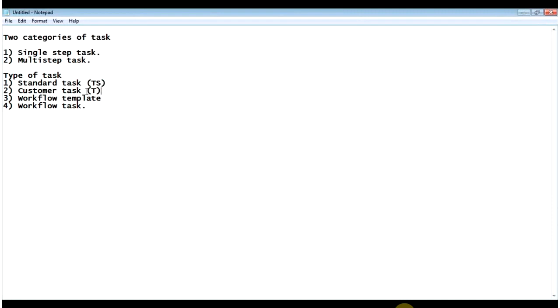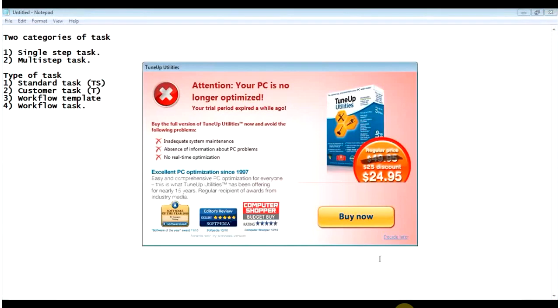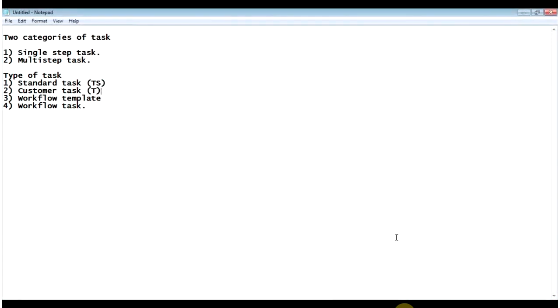In a single step task, we only have one activity, one step, and there we use the method of an object type. As yesterday I showed you, one task was present, and within that one object type was there. That was either an ABAP class or a BOR. So you can define one single step task where one method of either BOR or an ABAP class is present. Now going to multi-step task.